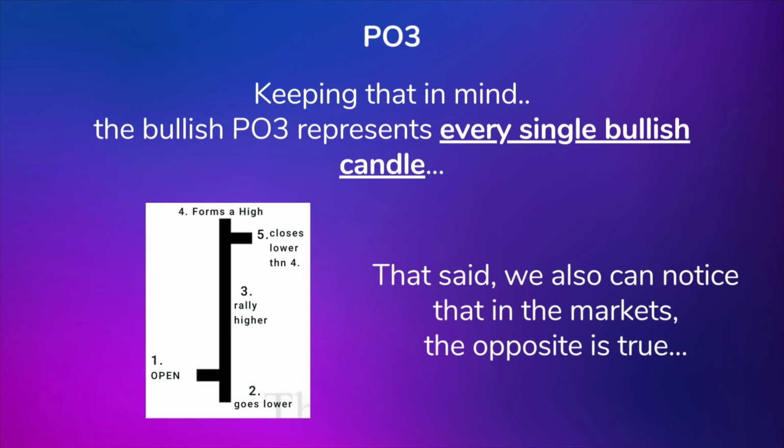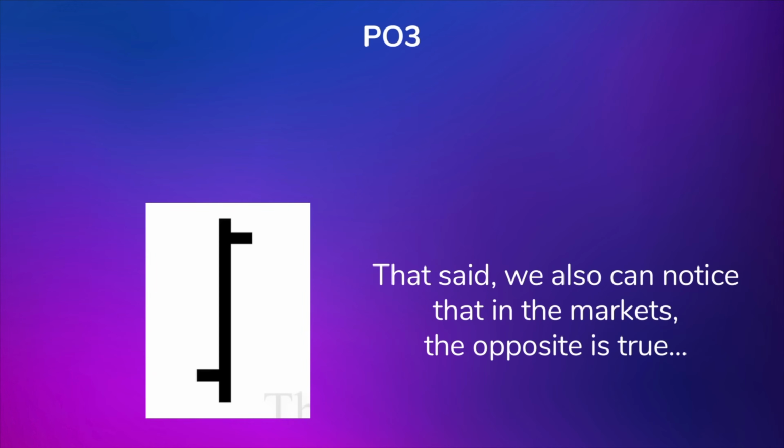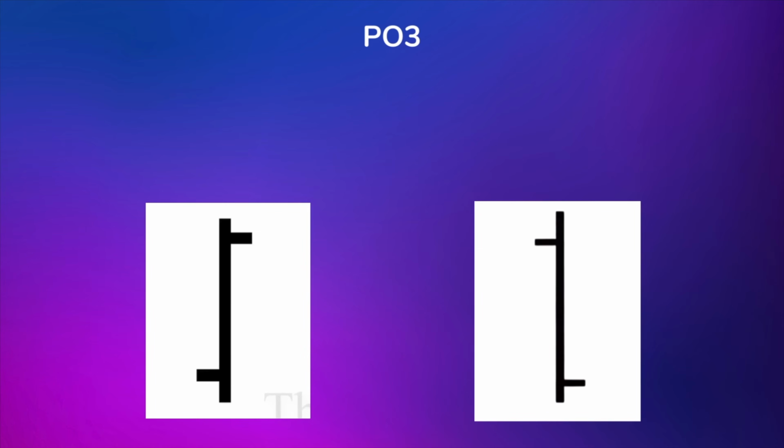That said, we can also notice that in the markets the opposite is also true, because sometimes we have a bullish power of three, and the candles, the daily movements, the weekly movements are behaving this way. But we can also notice exactly the opposite. And so we said here that this is the bullish. Well, we have here, for example, the bearish movement of the price. And so bullish on the left, bearish on the right side. Let's look a little bit closer into the bearish